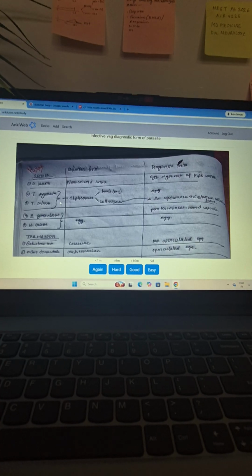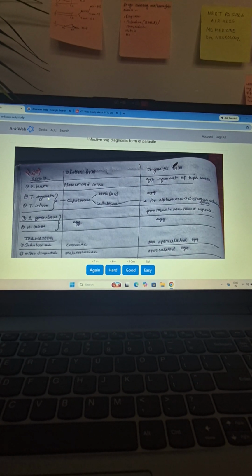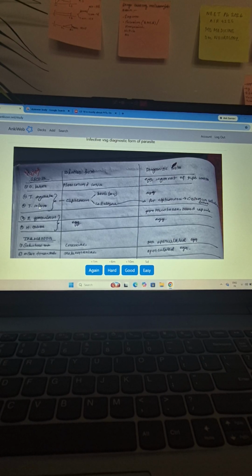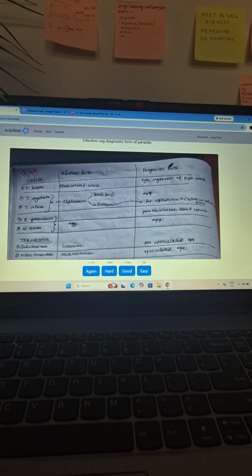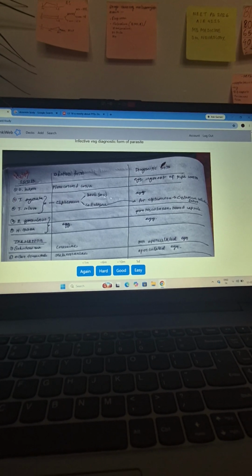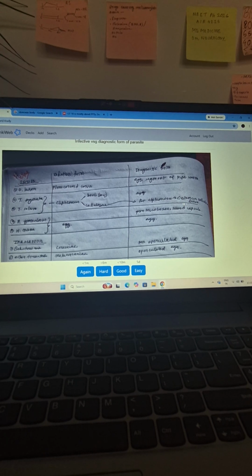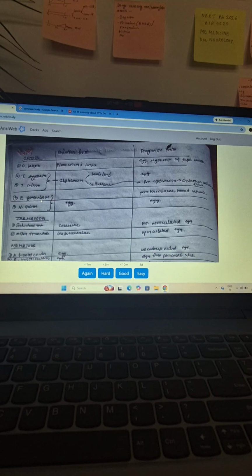This is easy. This is a PYQ. Taenia saginata is bovis, and solium is cellulosae. The diagnostic form is again egg, and for Cysticercus cellulosae the diagnostic form is also larva, egg and larva. Cysticercus cellulosae larva. Okay, and then Echinococcus granulosus and H. nana, for both